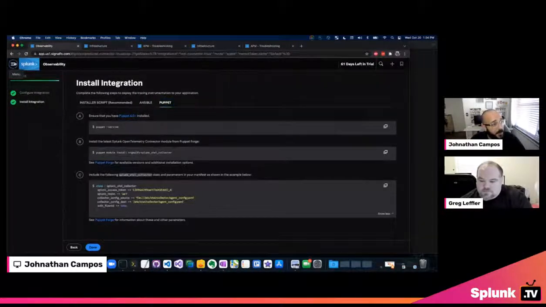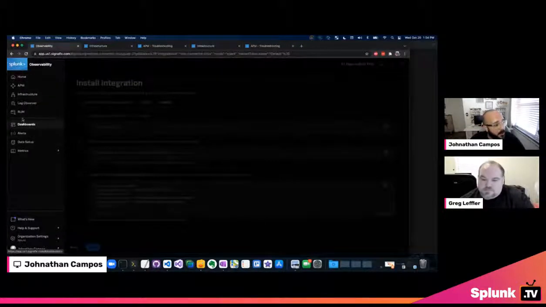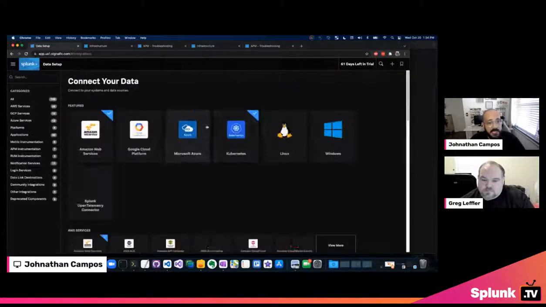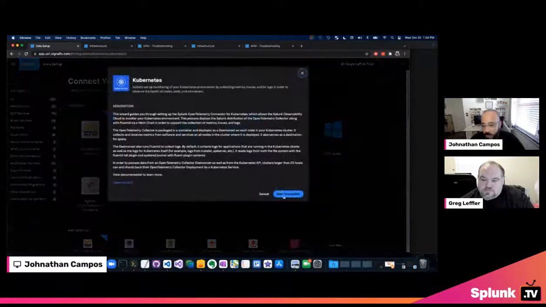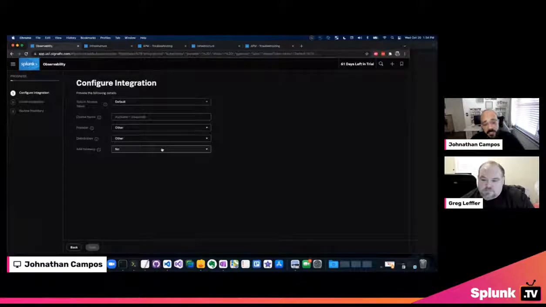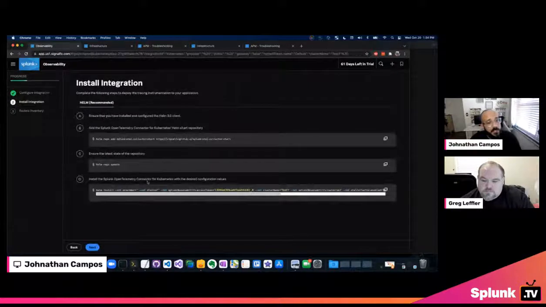So with that, I also want to show you guys the Kubernetes installation, which is also rather simple. And here we're actually using a Helm chart to get the installation going. So we'll just name this cluster test for now, since I won't be installing the actual collector itself, just showing you the process.